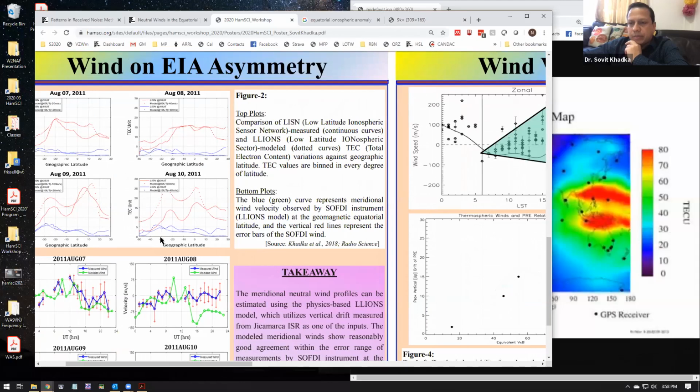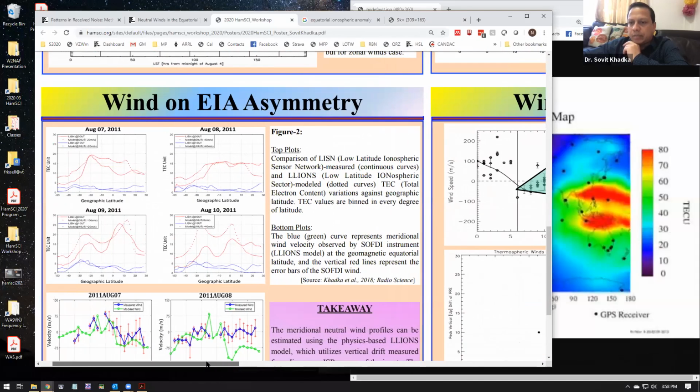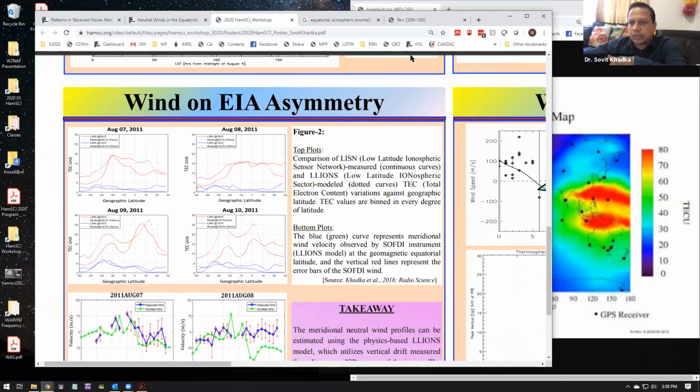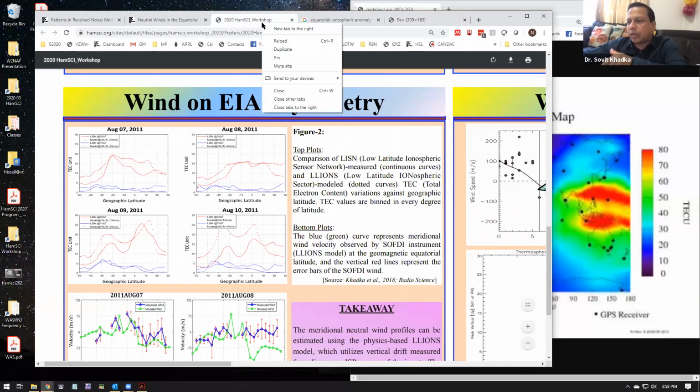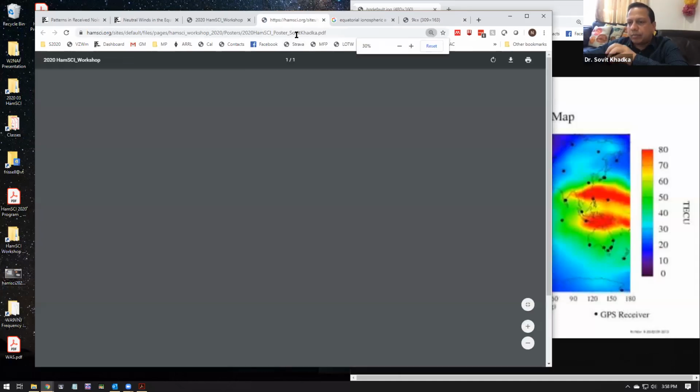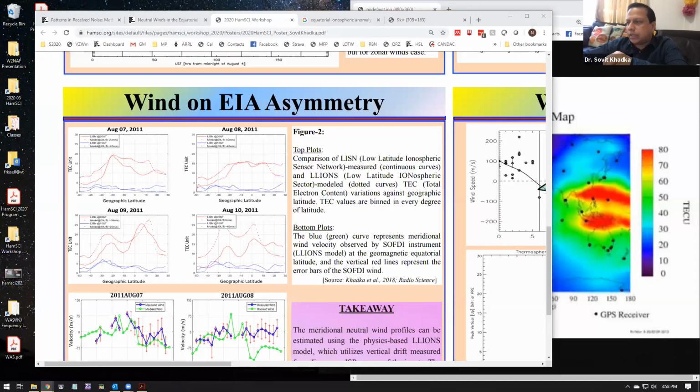Actually, the Lyons model gives TEC values, but I used an inverse modeling technique and compared with direct measurements of TEC obtained from the LISN network, the low latitude ionospheric sensor network. There are around 50 GPS receivers in South America, and I compared with Lyons TEC, and I generated